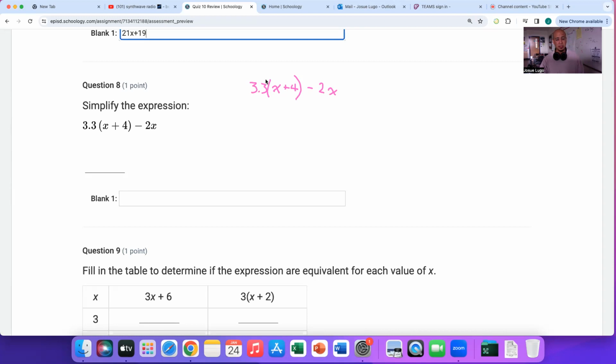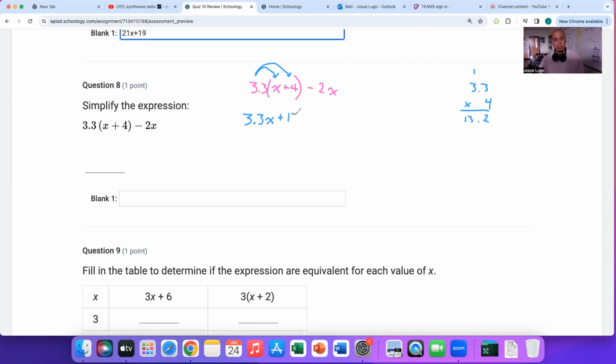I can multiply 3.3 times x, and I can multiply 3.3 times 4. So 3.3 times x is just going to be 3.3x, and 3.3 times 4, if you don't know what that is, just work it off here on the side. 4 times 3 is 12, plus 1 is 13, and we have one decimal place, so that's going to be